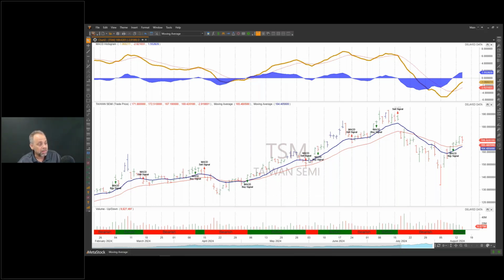If we're in a stock that's in a nice big uptrend, your shorter term moving average is going to be trending above your longer term moving average. And that's all it's going to mean, right? So anytime you're in an upward trend, like you have been in TSM up until, looks like, July 16th of this year, you're going to have a positive MACD. It's not until it starts to trend down. When it starts to trend down, you're going to notice that crossover happens and your MACD is going to cross down below 0. So already we're looking at this in terms of the disadvantage column: you're looking at moving averages, so it is going to lag.